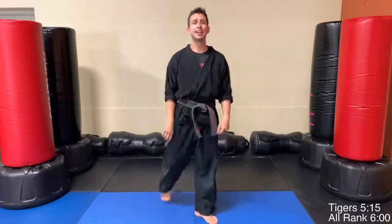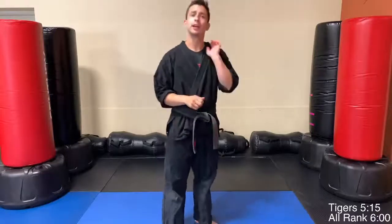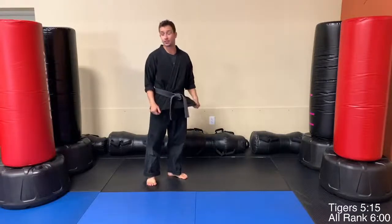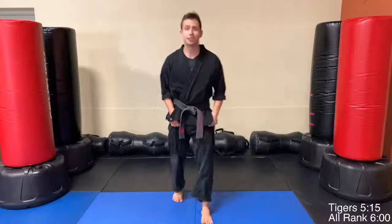Everyone working on kicking set number 2. The first 2 kicks for us are a hook kick and a roundhouse kick. And if you got a chance to watch the video earlier this week, we started working the hook kick from a seated position, basically, right? So if I was kicking towards you guys,